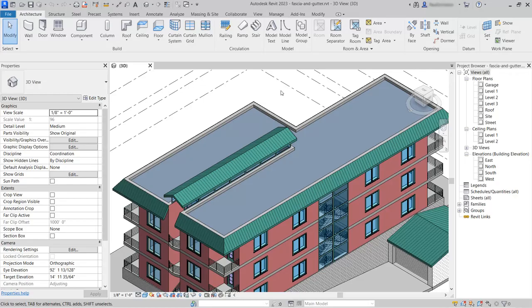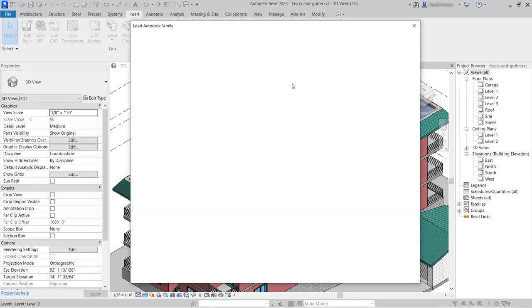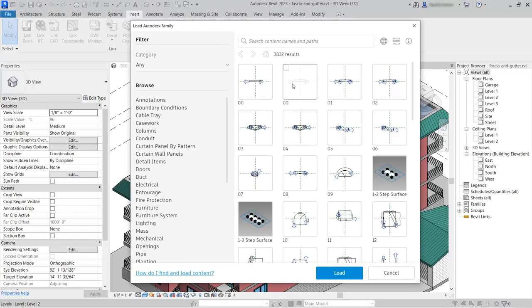So to do this, first we'll go to the Insert ribbon tab, and from the Load from Library panel, we'll choose the Load Autodesk Family button. This will open up a cloud-based content browser of Autodesk families. And we just need to check the locale settings first to ensure that the region is set to United States